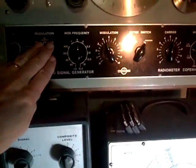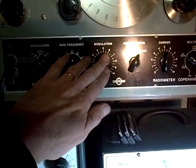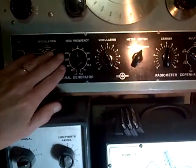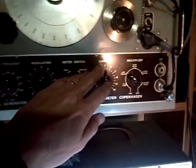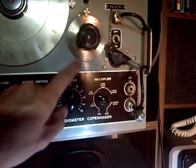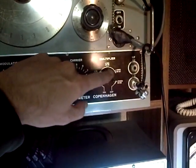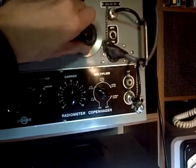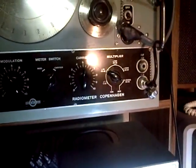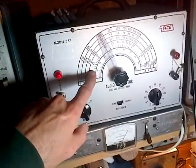So this area is a modulation area. It has an internal modulation. You select the frequency modulation percentage. Too bad this part of my generator stopped working. Then over here we have the carrier setting to calibrate the output, and then we have these beautiful output controls. This is a big guy shifting 20 dB every time you snap it, and this is 20 dB in smaller steps for precise output. But unfortunately the internal audio doesn't work, so I use this signal generator to produce the